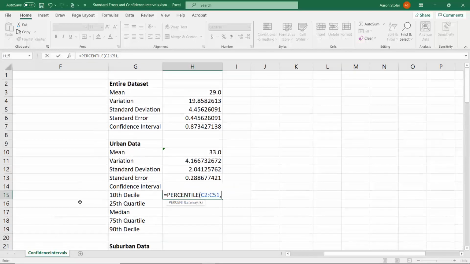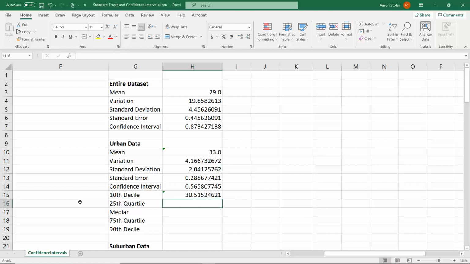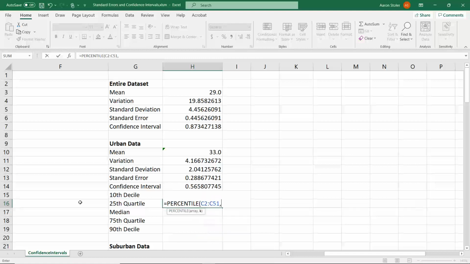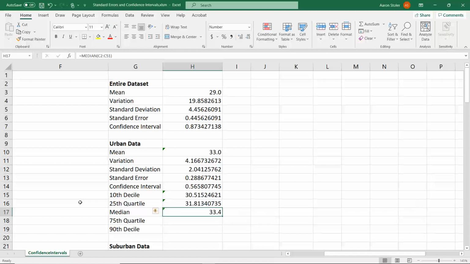And then you have to tell Excel what the percentile is. In this case, it's 0.10. The 25th quartile is percentile, C2 to C51, 0.25. The median, we could just type in median, C2 to C51, and we get 33.4,